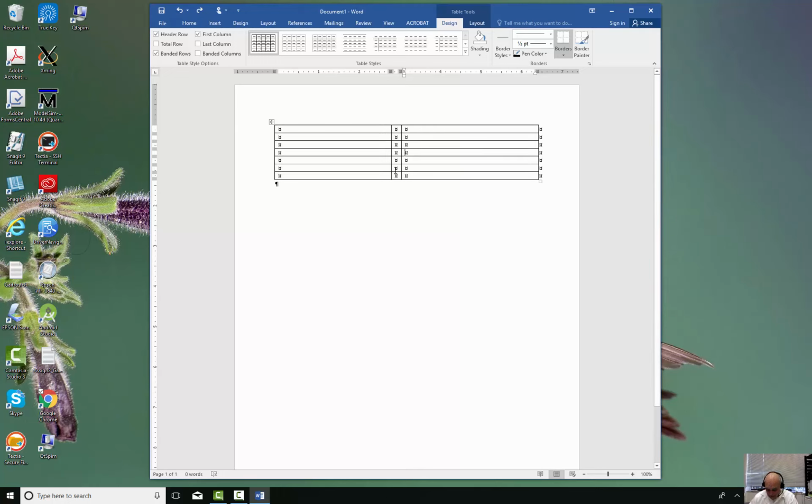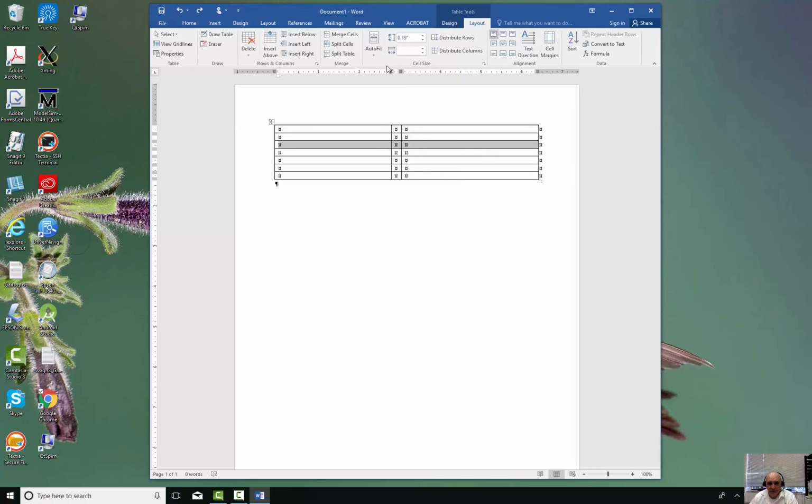The other thing I want to show you how to do is to merge cells, and we'll merge this one right here. Again, this can be done in Layout. You can see the Merge Cells right there, or you can right click on it and say Merge Cells, and what it does is it takes those 3 cells and makes them one inside the table. You can split those back out by doing the same thing, by clicking on it,